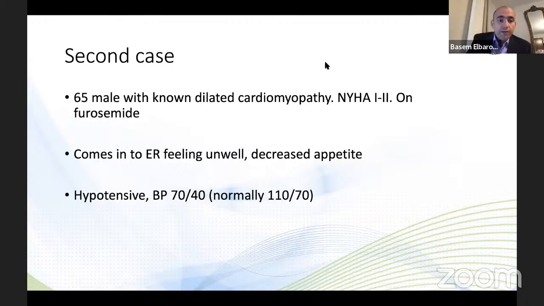Another example: you have a patient who comes to the emergency department. He's 65, with a known history of dilated cardiomyopathy. He's NYHA class 1 to 2 on furosemide. Two weeks ago he got a cold, had decreased appetite, and comes to the emerge now feeling unwell. You examine him, he's hypotensive, and his blood pressure is 70/40, when previous readings were normal. So what's the cause of his hypotension here? Someone who has a dilated cardiomyopathy but had decreased appetite. Sometimes by clinical examination you'd usually be able to sort that out,